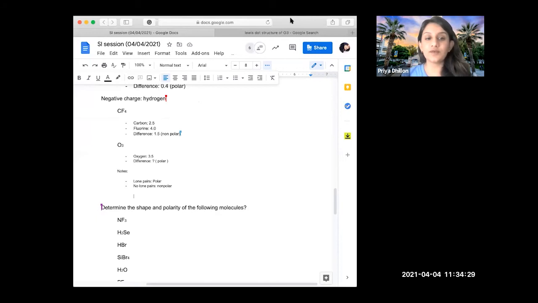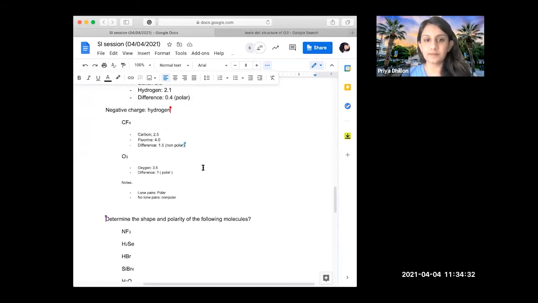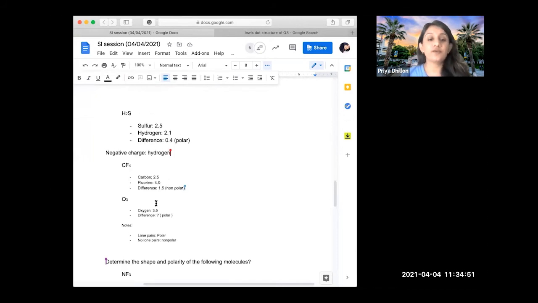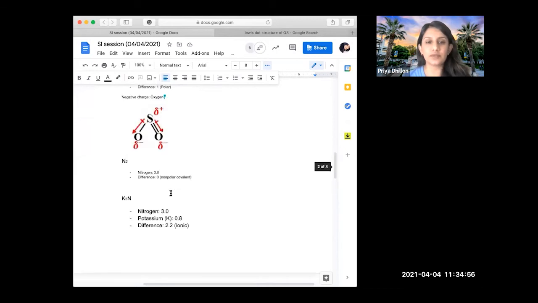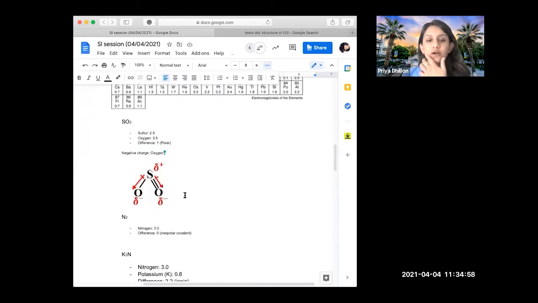Is that clear with everybody? And also one piece of advice, if you don't have any lone pairs, it's automatically non-polar as well. For the purpose of this class, we are not going to dive deeper into polarity, but as long as you know how to find the electronegativity, how to find the attraction force, and whether it's equal. So we can do a similar thing for